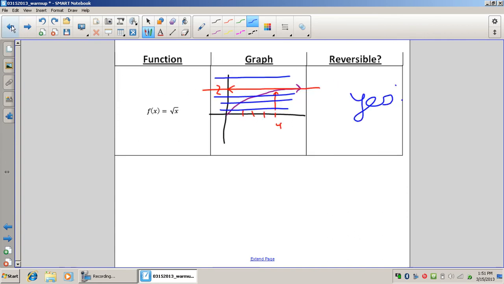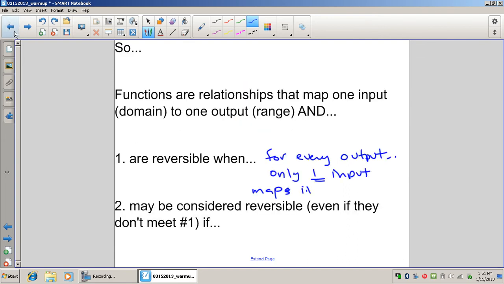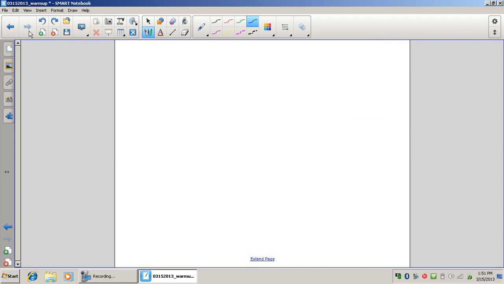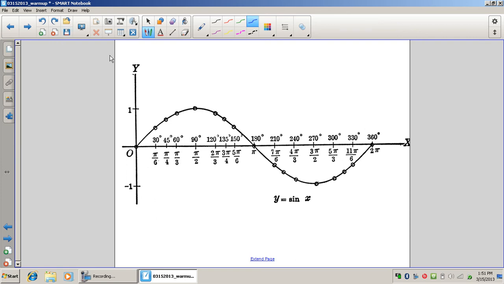So what do we make of the sine graph? This is y equals sine of x. We've been driving towards trig, so the natural question to ask is, is a sine function reversible? In other words, if we accept y equals sine of x to be translated into the ratio O over h equal to the sine of theta,